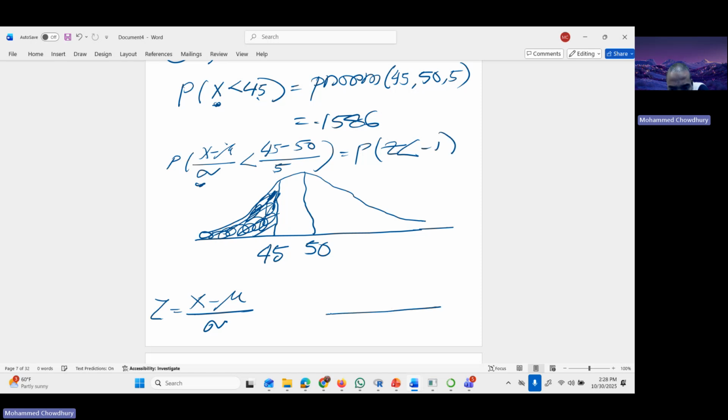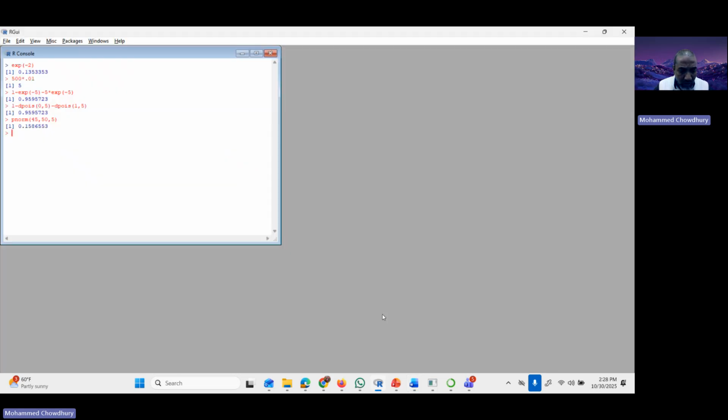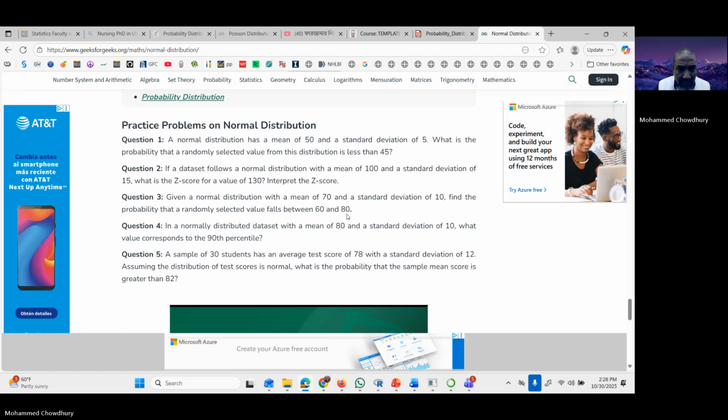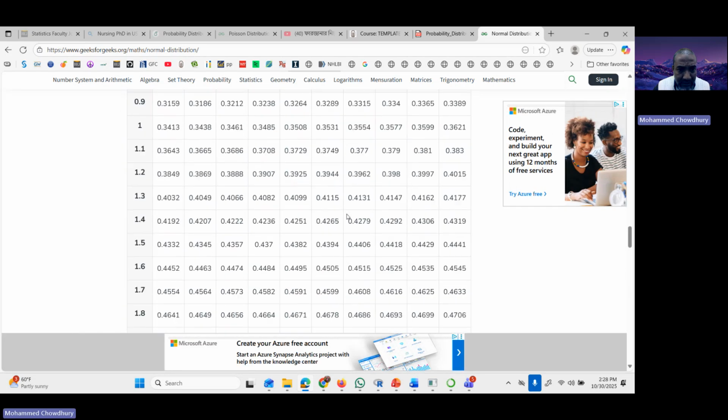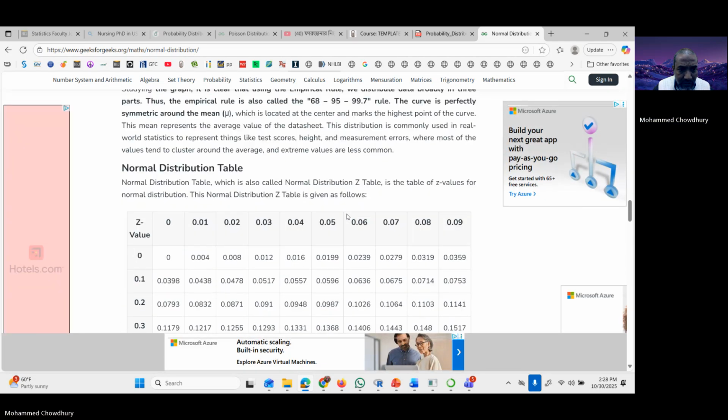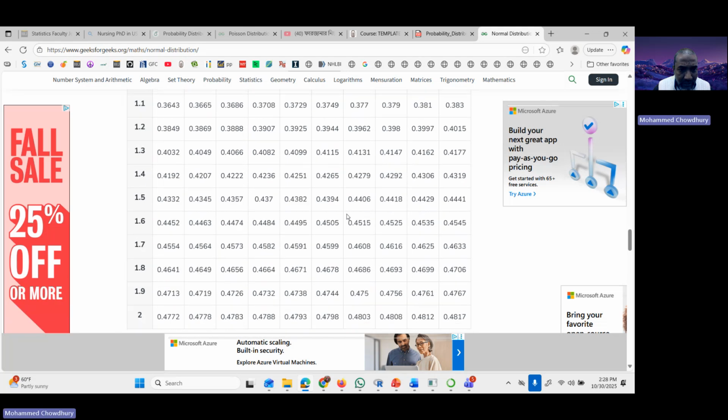So now this distribution reduced to like this way. Previously mean was 50, now mean is 0. Previously 45, now it has become negative 1. Here is the negative 1. So negative 1, how can I find negative 1? This negative 1, if we find from the table, is equal to 0.1586. How? Take a look, 0.1586. Oh, here